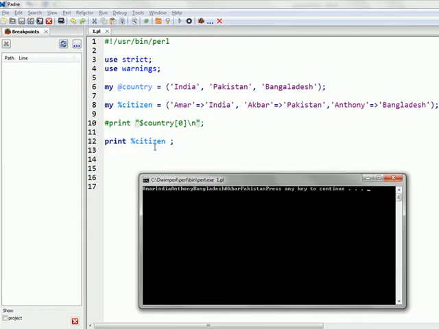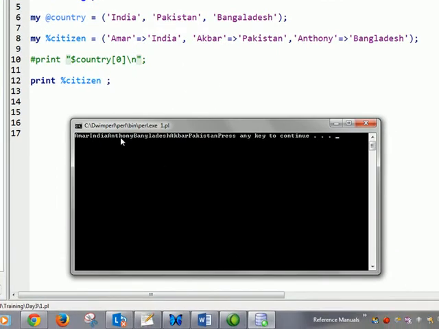If I print the percentage citizen, you see what has happened. Amar, India, Anthony, Bangladesh, Akbar, Pakistan has been returned. This is not an effective way to iterate over a hash, but I will tell you later. But as of now, remember it.